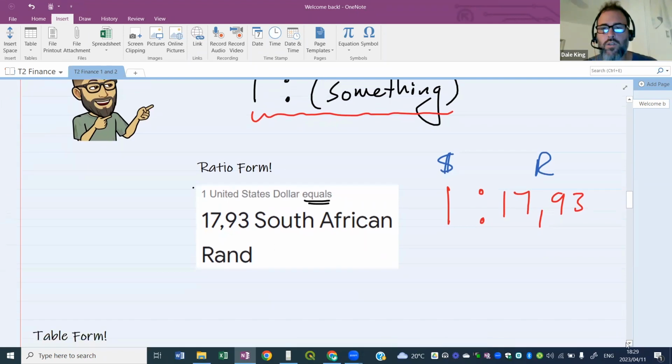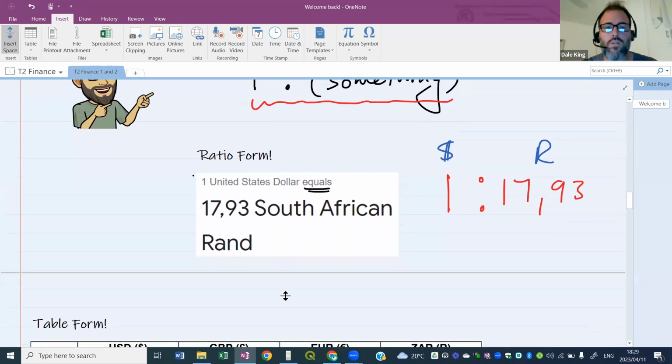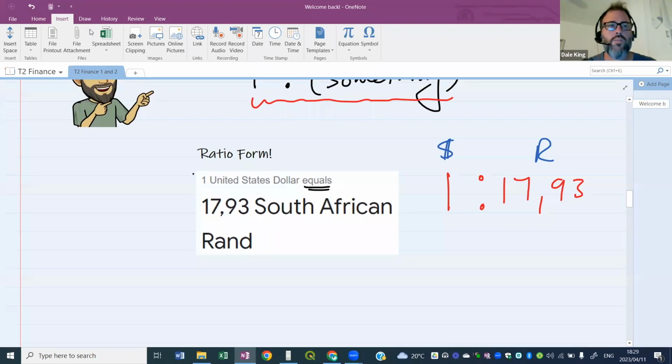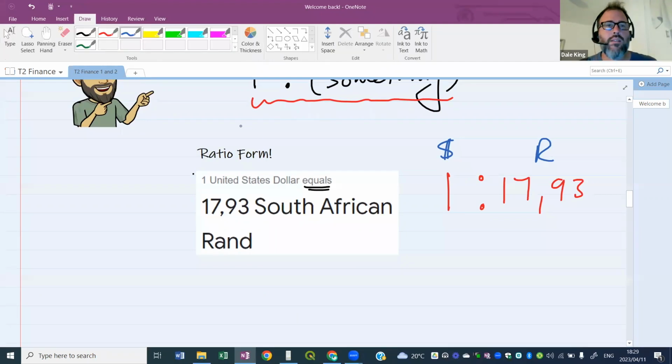Let's create a space here and ask you guys a question to see if you know how to use this ratio in its form like this. So here's the question. I need to get $10. I'm going to America and there's something I want to buy there. I'm going to use the current exchange rate as is written there. How many rands do I need to collect together to get $10? You shouldn't even need a calculator for this one.